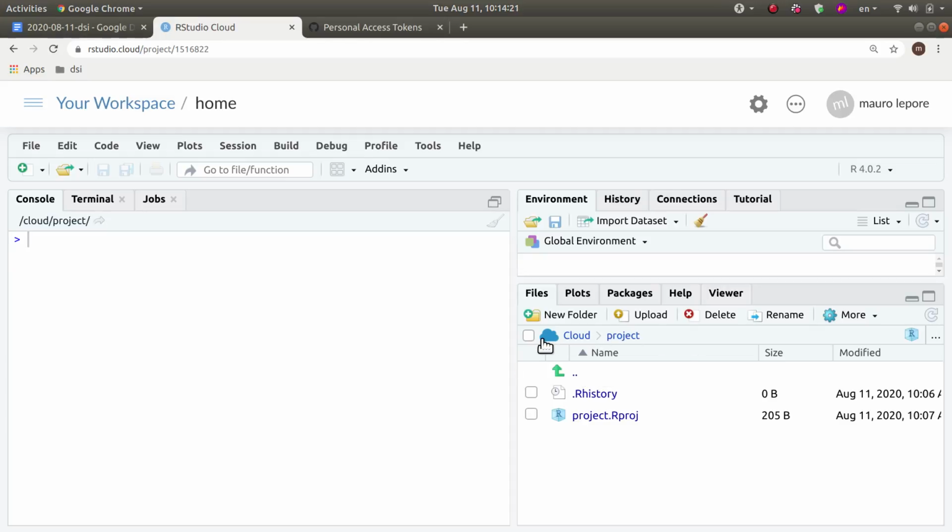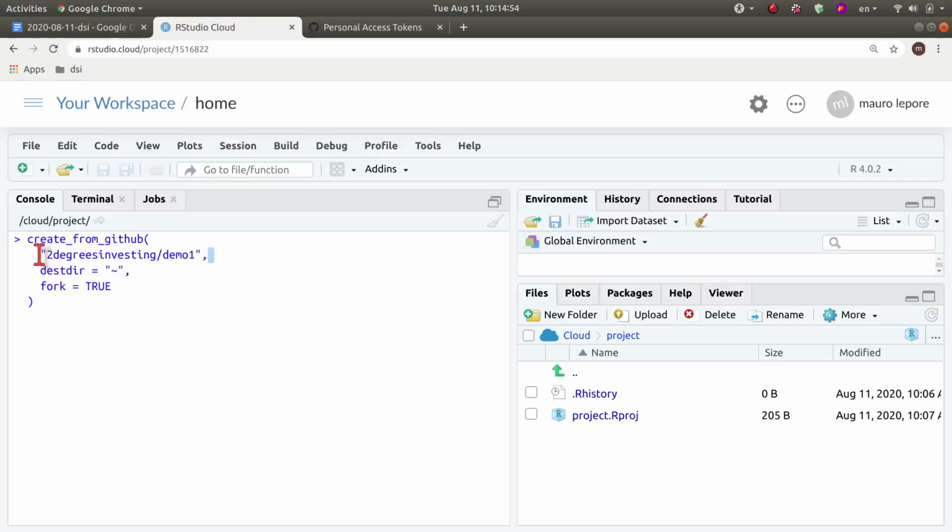So we are here in the Cloud project, which is just one folder within the RStudio Cloud computer that I was given when I created this home project. But I'm going to be first pasting that code. Oh, so this funky quotation mark comes from probably typing that on Word. The alignment is not that important, but I wanted to demonstrate that what we're going to be doing now is we're going to create from GitHub